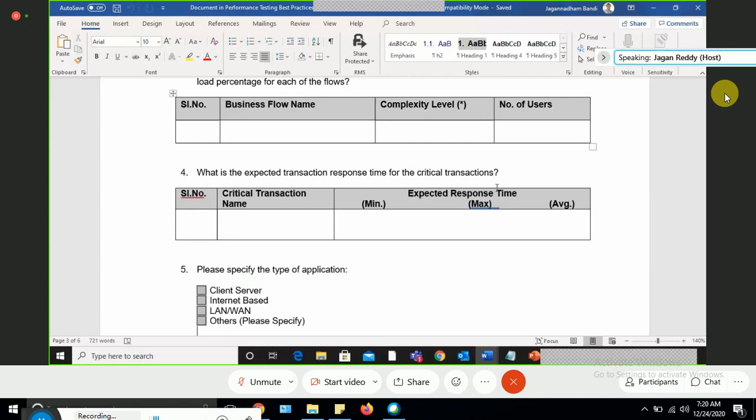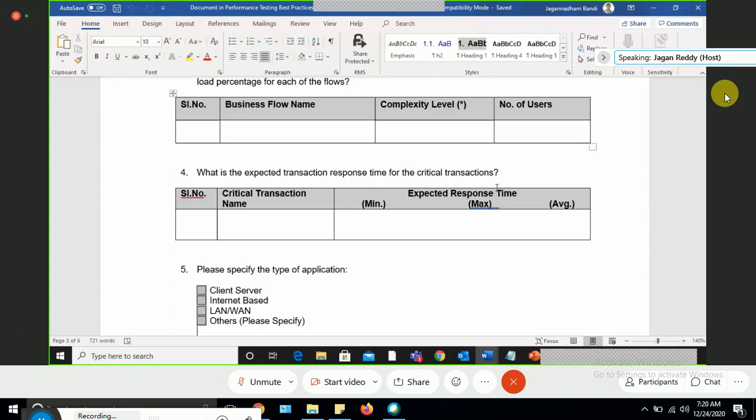That's called SLA, service level agreement. It means my transaction response time should not cross more than 5 seconds, which means the